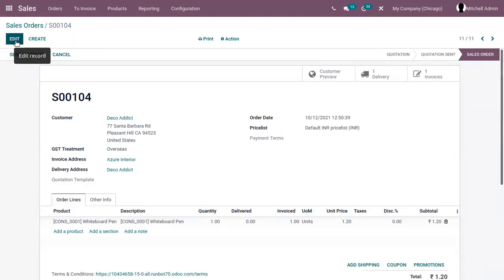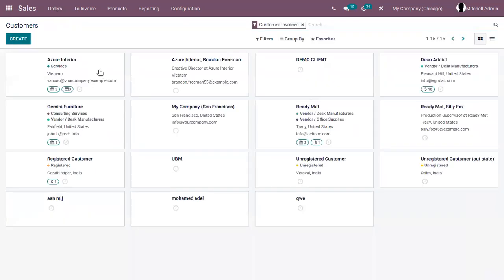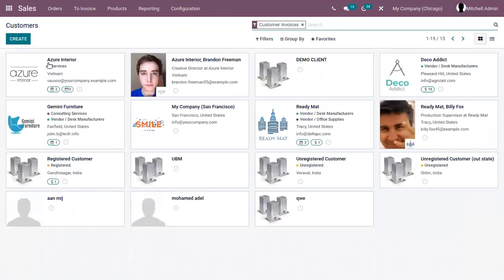And from sales module, you can also create or modify customers you want. That is, you can add details, you can modify, delete invoice and delivery addresses instantly there. So you can do that before creating a quotation. So here when you come under orders, you can find the customers menu, and when you click on that, you can view all the created customers.